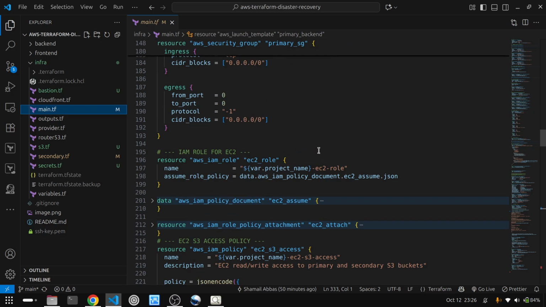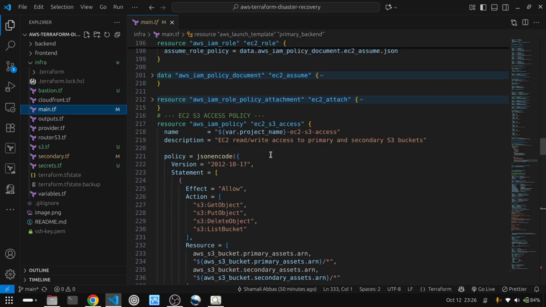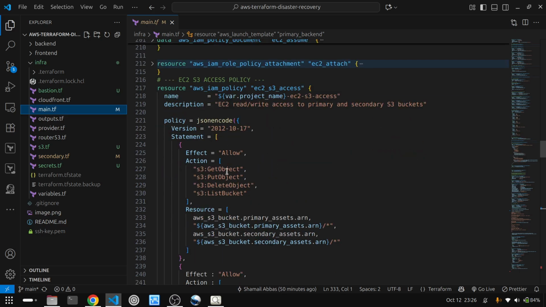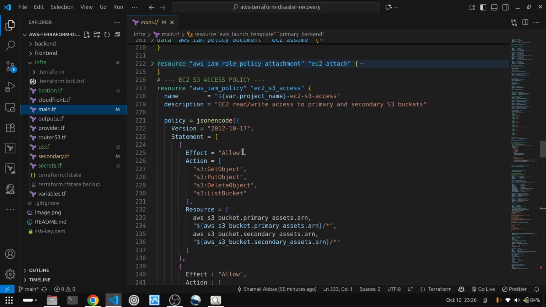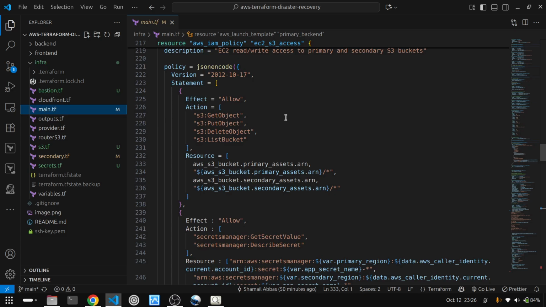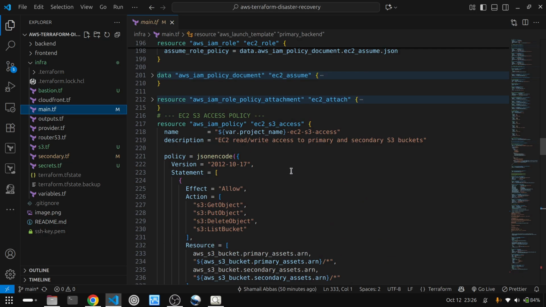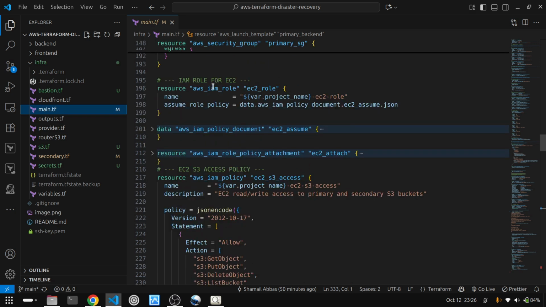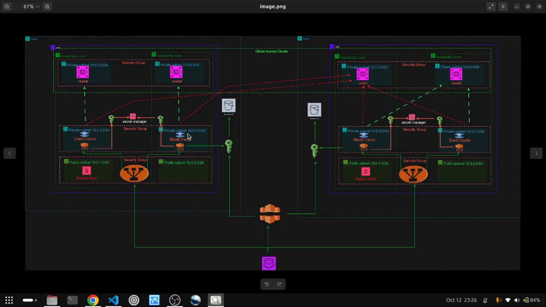And then what we have done is we have created an IAM policy, and the actions that are allowed are S3: get object, put object, delete object, and list object, and then access to the secret manager. And then we attach this IAM policy to this IAM role, and because our EC2 instances need access to the